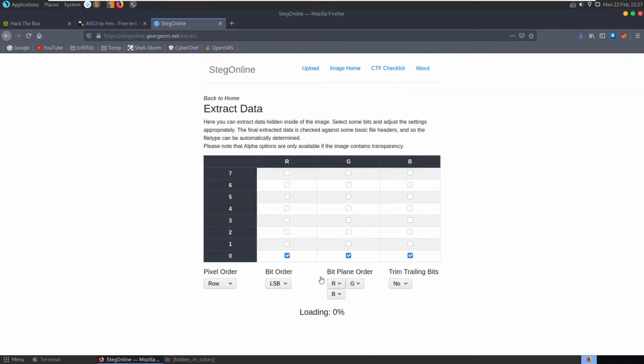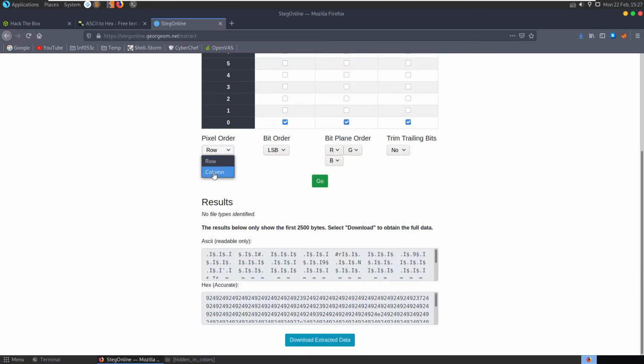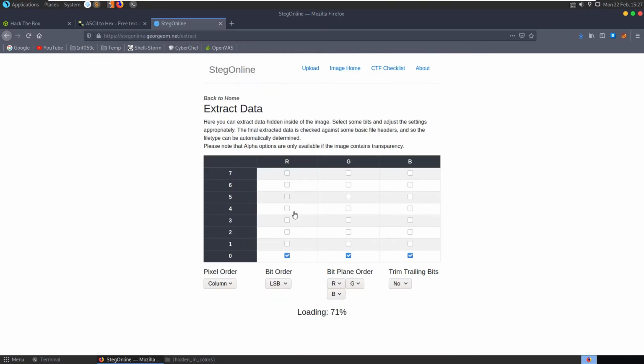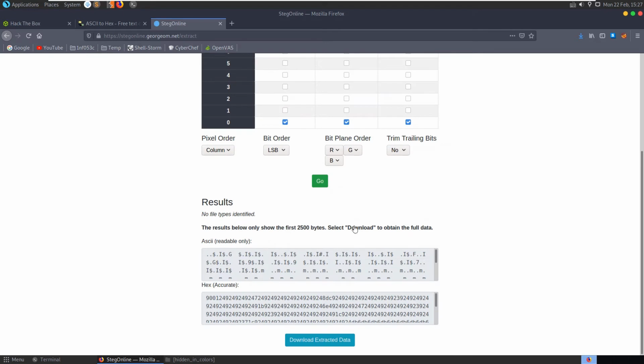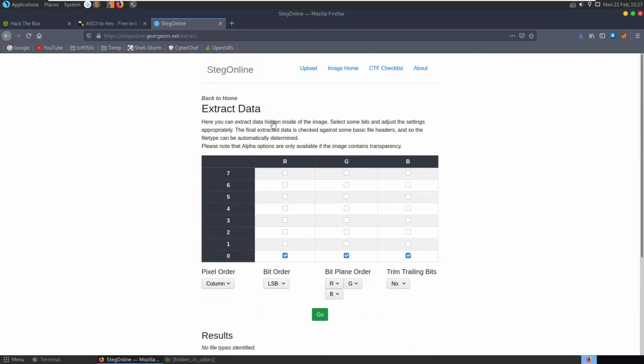So if we change that to LSB, we can change this from row to column. Essentially, I haven't explained the LSB technique on any of the Stego videos. So just to be clear, in terms of the Stego technique, if we have an image, let's say for example